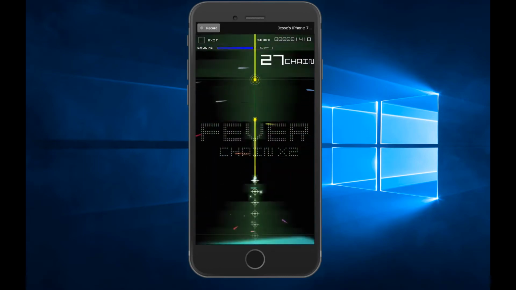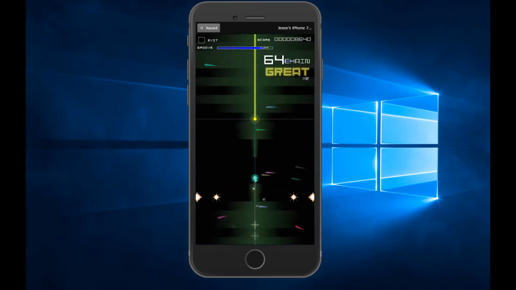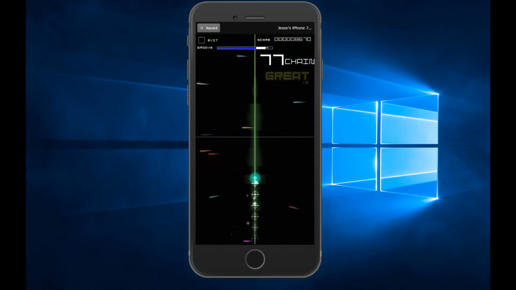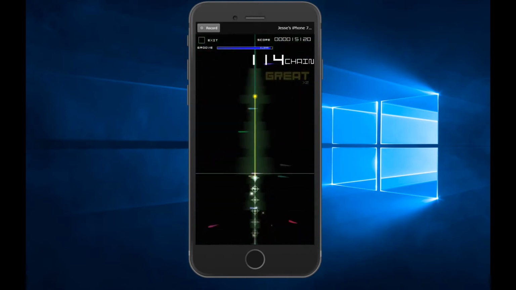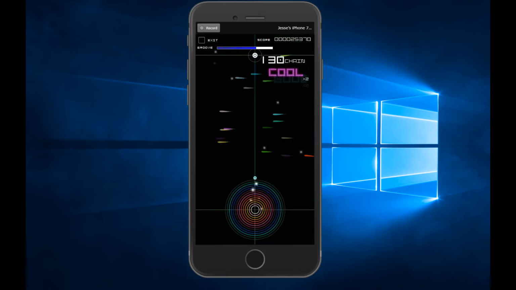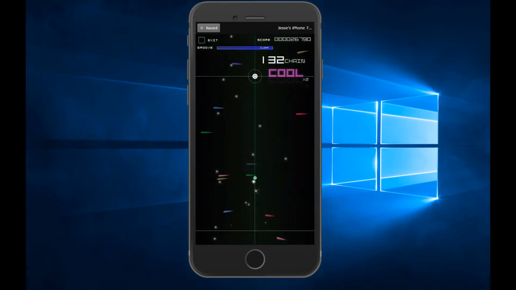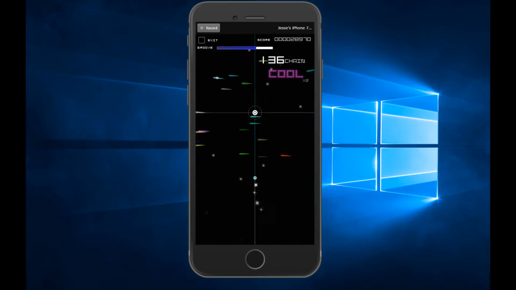So now I tap and hold. Let off, tap and hold. Let off, tap and hold. Let off, tap and hold again. Okay. Tap. Tap. Tap. So they've got these nice little grid lines here to kind of help you out, because